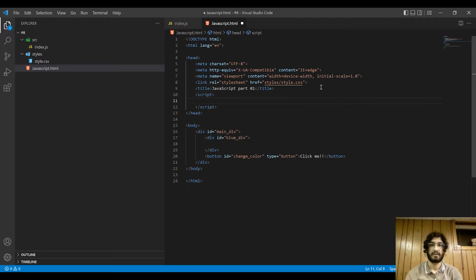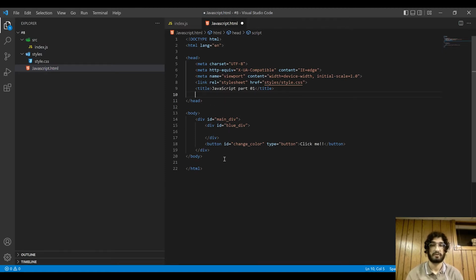And in this tag, we can actually write JavaScript, okay, like var x, okay. And this works perfectly. We can put it either in the head tag, or we can actually put our JavaScript in the body tag as well. And they usually put it at the end of the body tag, but I don't think it really matters in the head tag where you put it. So yeah, these are the two ways. The first one is putting it in the head tag, the second one is putting it in the body tag,